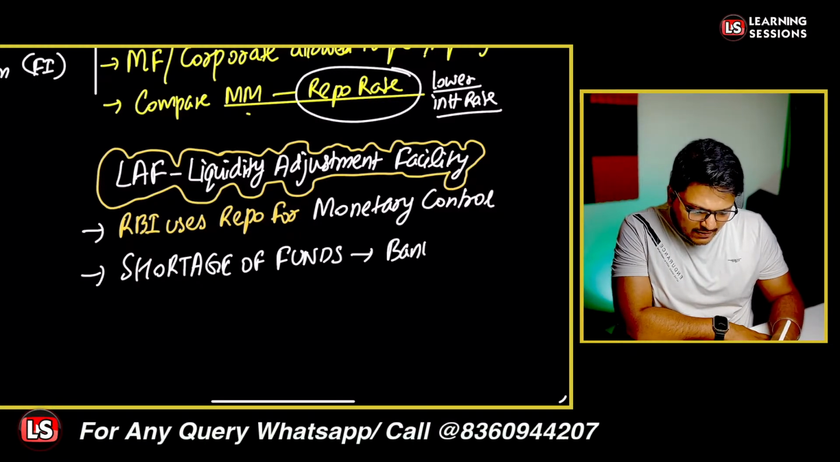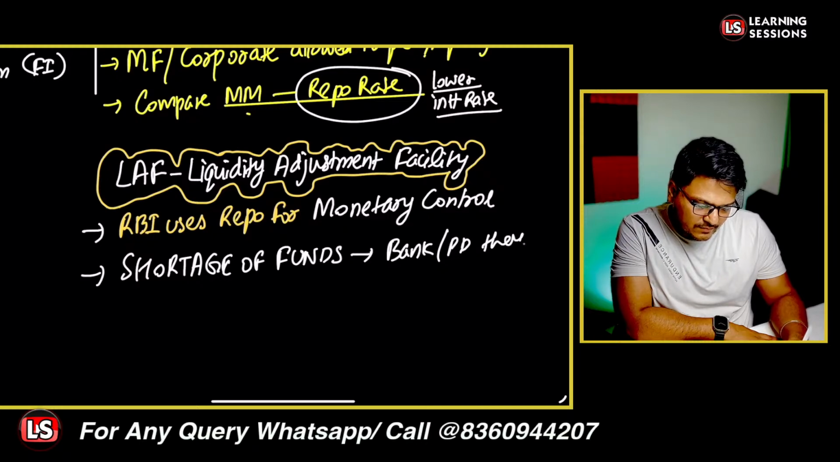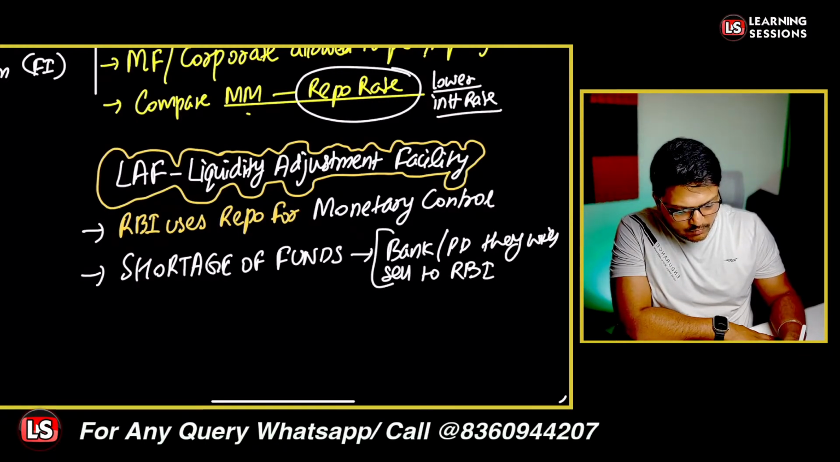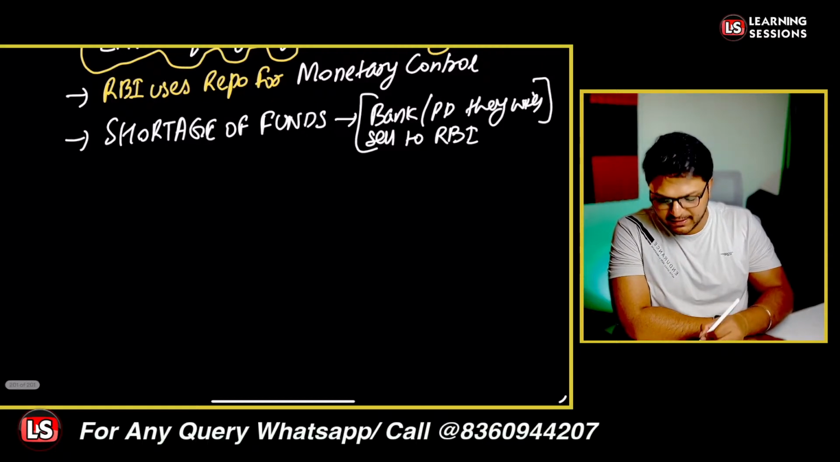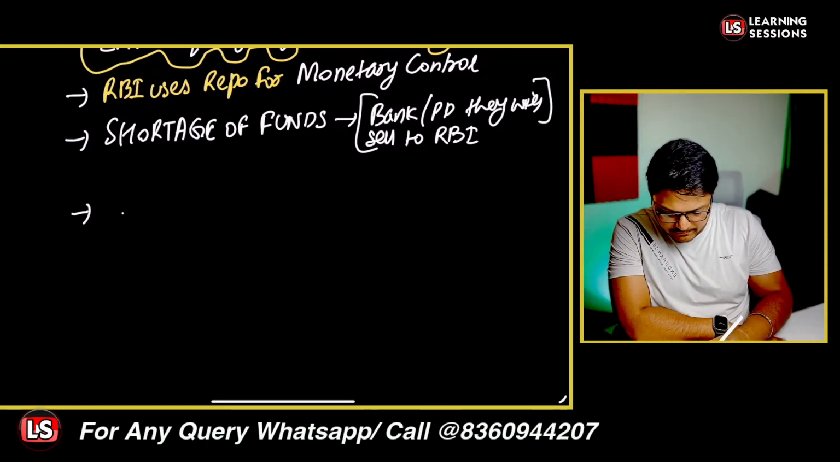Banks and primary dealers will sell securities. They will sell securities to RBI so that the money will flow into the market. And further, when there are excess funds or when the banks are having surplus liquidity, in the case of surplus liquidity,